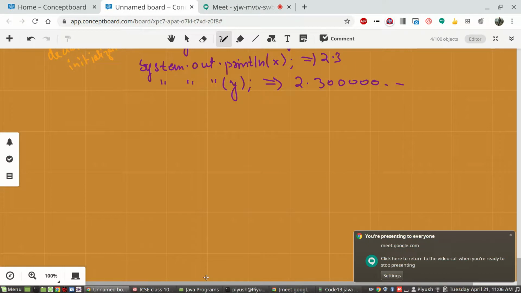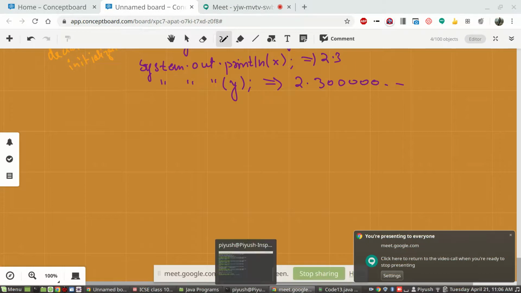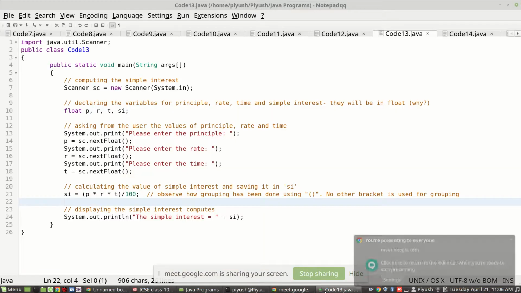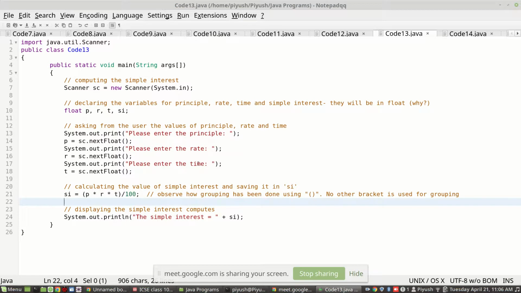You may leave a message to the users, please enter time in years. Of course I should have written here in years, because I was assuming that the time is in years. So I have written, please enter the time in years, so that now the message will be displayed and the user will come to know.